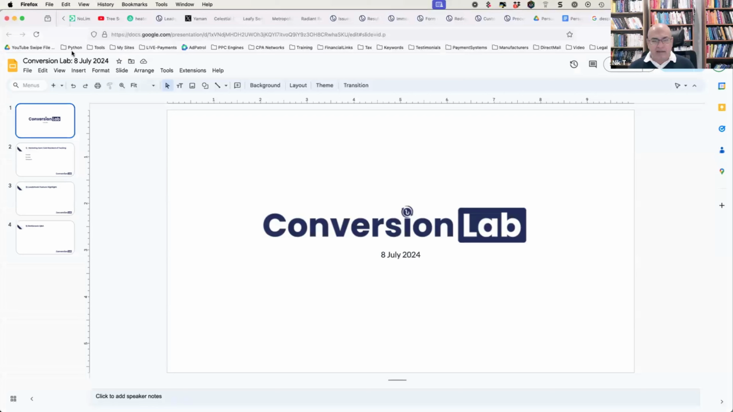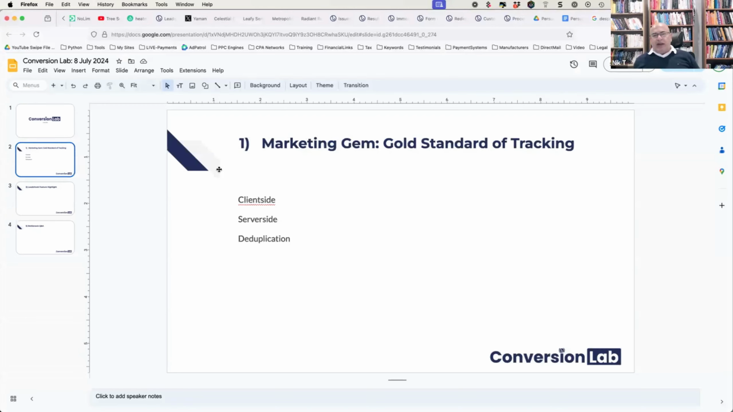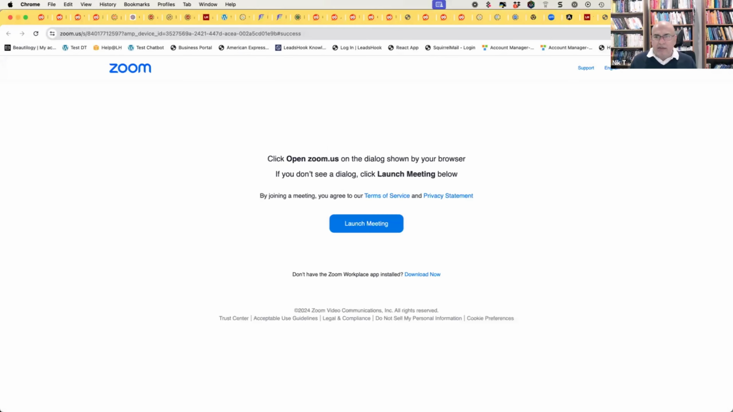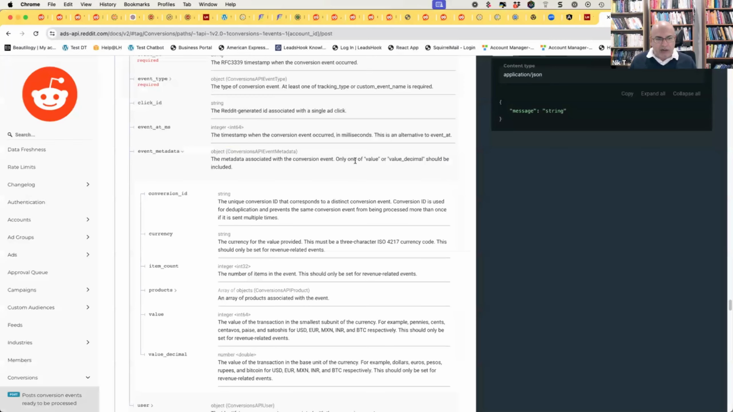Right. So today being the 8th of July, we'll be looking at tracking today because someone had asked me, "Hey, can you just cover the tracking part, which is client side, server side, and deduplication?" So I'll jump right into that now and share with you some tracking stuff that I've been working on with